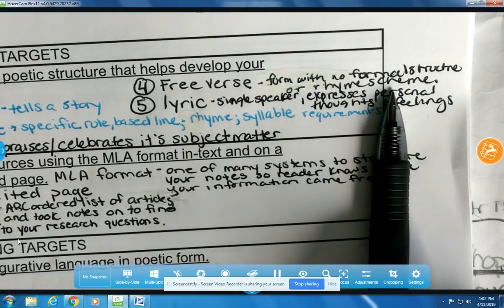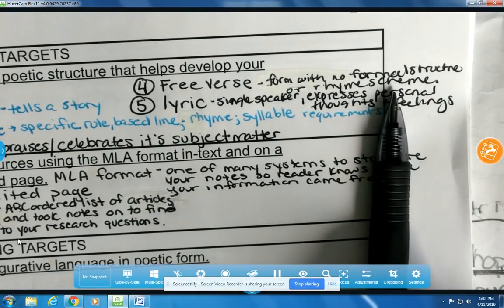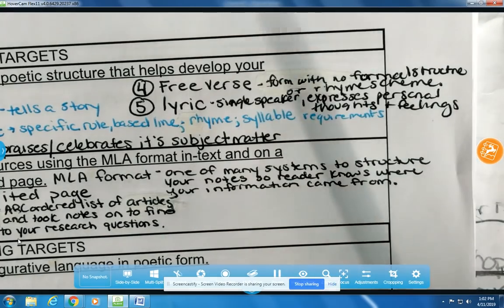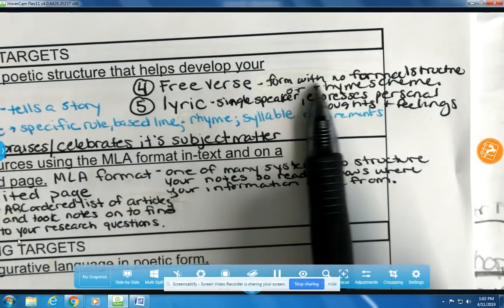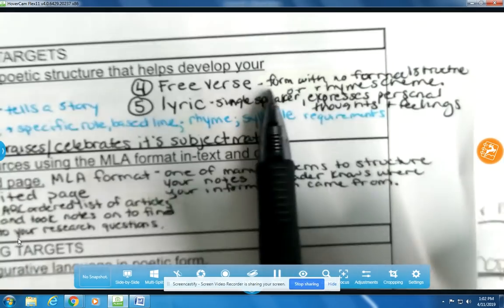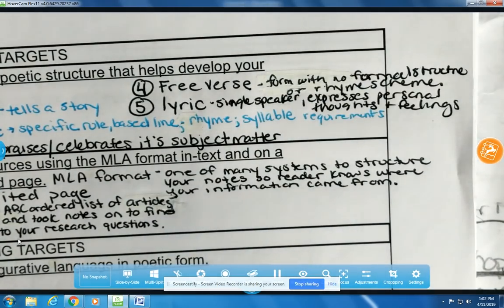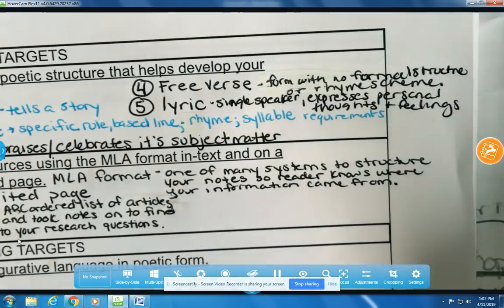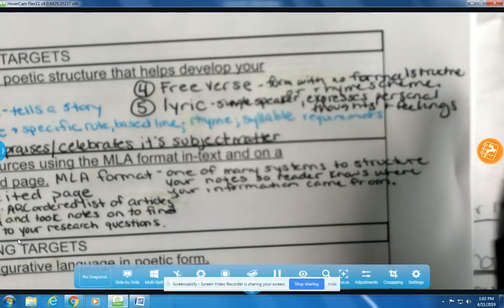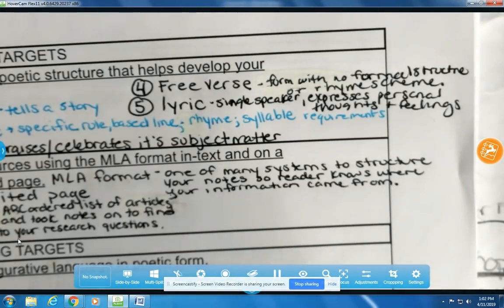So in other words, a free verse can rhyme, but there's no clear specific rhyme scheme from start to finish that it falls under a specific order. A free verse does not have to rhyme, though, because it doesn't have a really clear formal structure to it. So your stanzas might not all line up in the same number of line requirements. Your rhyme may be there in some lines, but it may be there in none, or it might not be in any throughout. So free verse is a very big category.